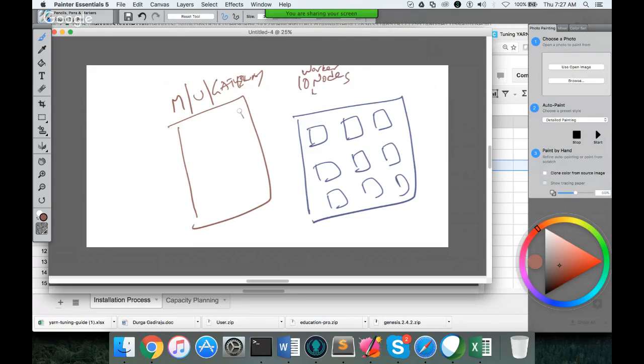The master nodes are closely tied with your worker nodes. They are the name node, secondary name node or passive name node, and resource manager. So these three are masters for your Hadoop cluster. To manage your cluster, there will be a lot of activity happening on all these nodes